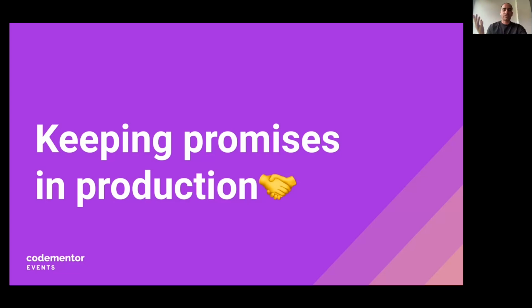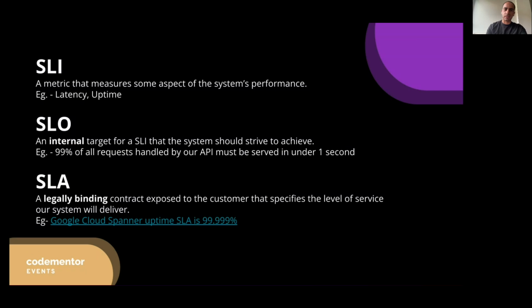A promise, essentially, is the contract that you give to your end customers, your end users, that if I'm running a system in production, this is the kind of service I'm going to give you for this much time. And if I breach this contract, I will have consequences, and I will make it up to you in some form. That is a very, very abstract definition of a promise. So let's look at a more concrete term for promises.